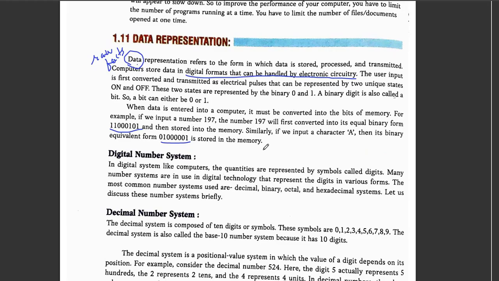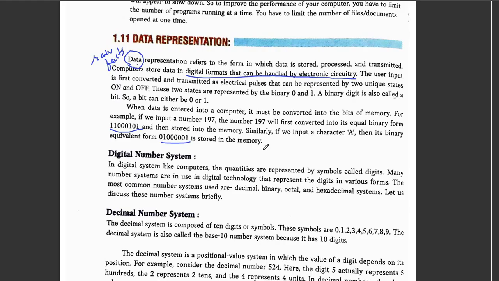Who does the conversion? We discussed earlier, the translators: compiler, interpreter and so on. Okay, so those translators translate the numbers or the alphabets or the characters from machine level language or the binary bits to the high level language or English or Assamese or any other such kind of language, and vice versa. If we insert an English letter A then it will be converted first into its equivalent binary bits and then